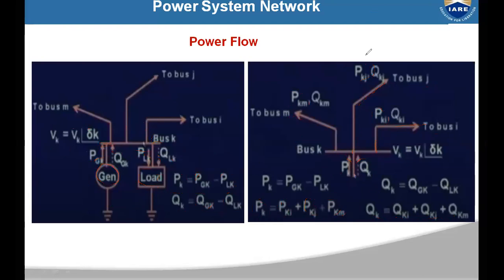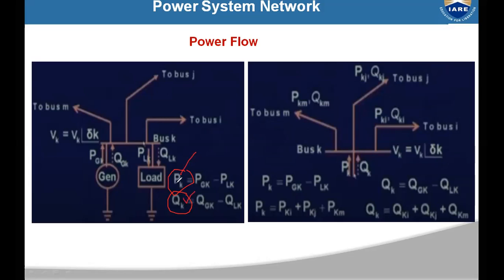right? Do you understand? So what I want to say here is, every bus has either a generator or load connected to it, right? So if you have a generator and load at the same bus, then the generator will generate the active and reactive power, and the load will take some amount of active and reactive power, and the remaining amount, which is PK, QK, will be fed into the system through transmission lines to other buses. Okay, so these remaining powers are called injected powers.